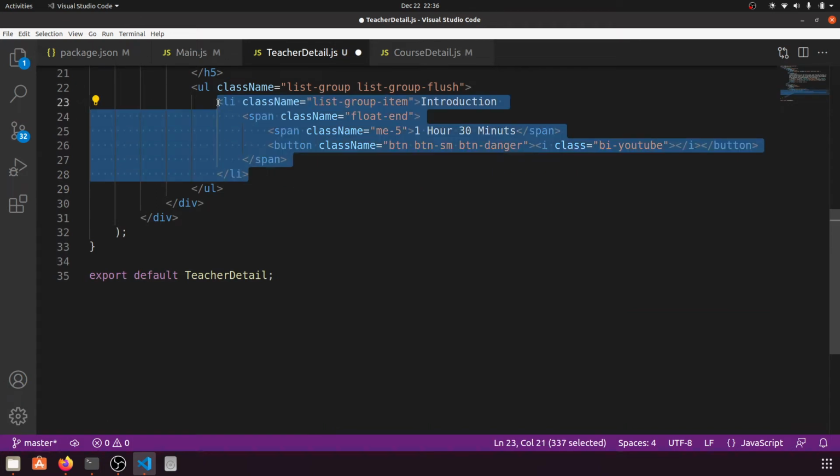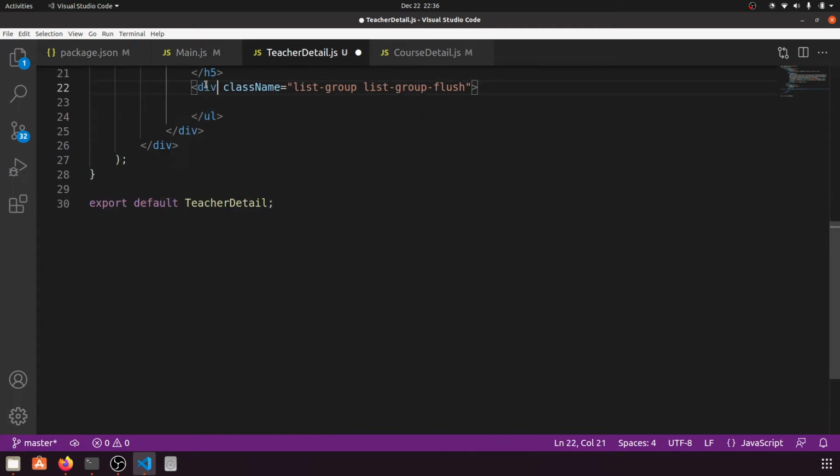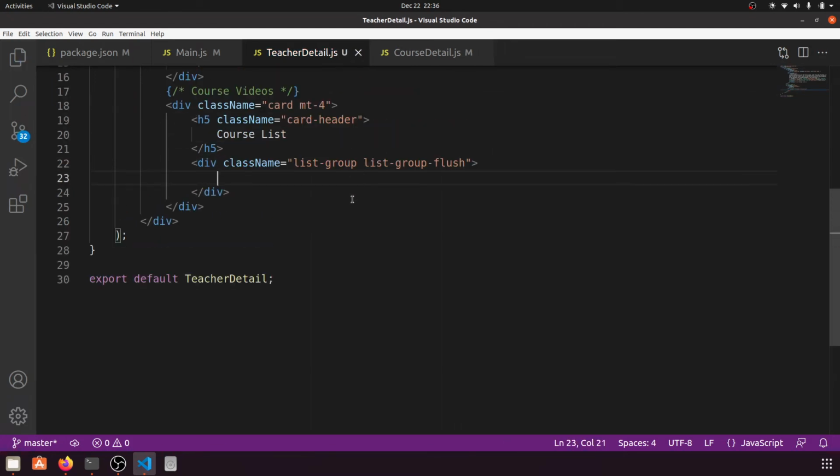Let's define this div. Okay, this is fine. We can define this as a link to, and let's define class list-group-item, and this is PHP course 1.